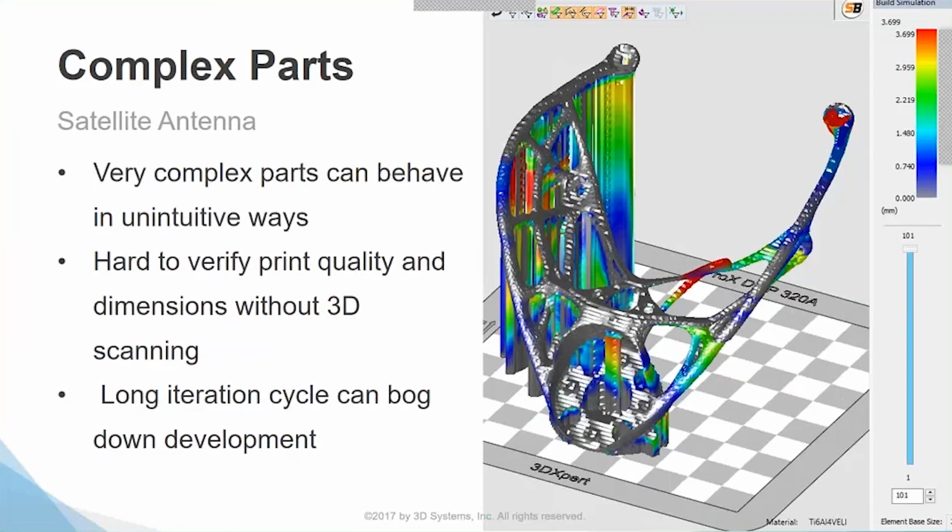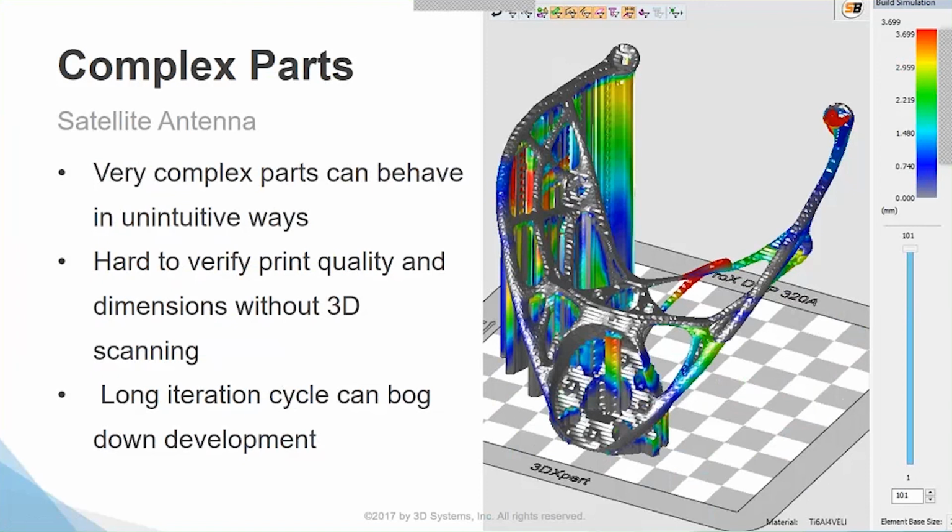And just that satellite bracket again, this is an excellent example of a very complex part. And it might be compliant enough that some of the deformations can be, I guess, compensated for with some post-machining. And that's definitely built into this design. But really trying to understand how that part's going to come out and how to fixture it, what to locate off of,